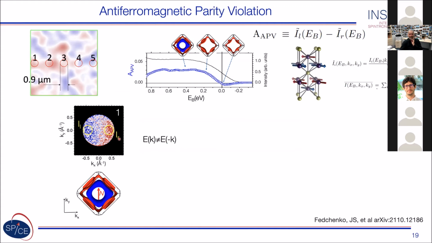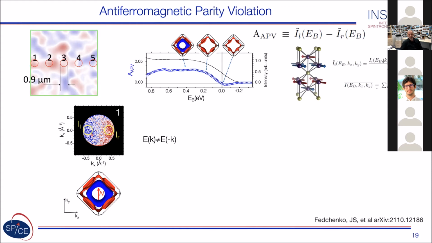So here you're looking at the anisotropy. Blue and red indicate the anisotropy in the band structure, which you can now compare, subtracting the right from the left in this definition of what you call the antiferromagnetic parity violation parameter, which can then be compared to the calculations that indicate a particular direction of the L vector. In this case it indicates that the particular direction is up for the aperture here in position 1,